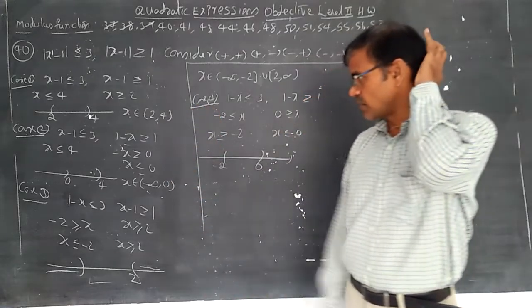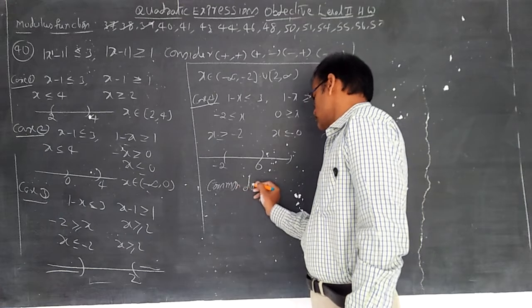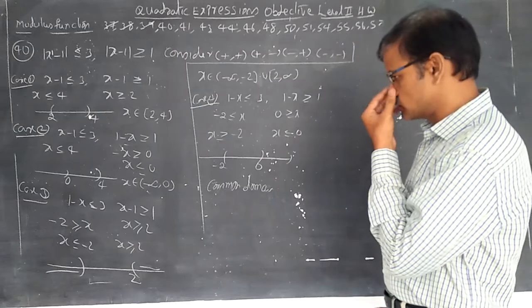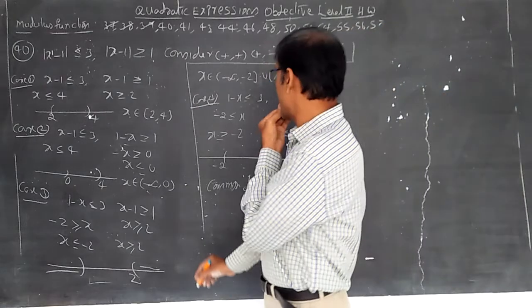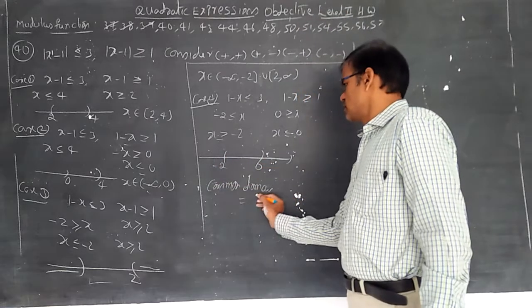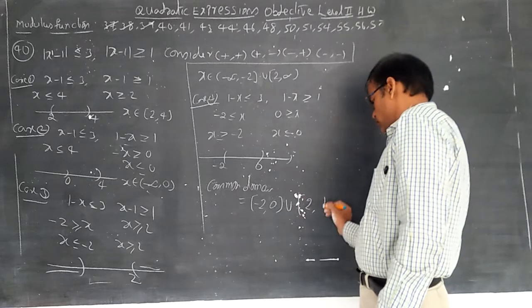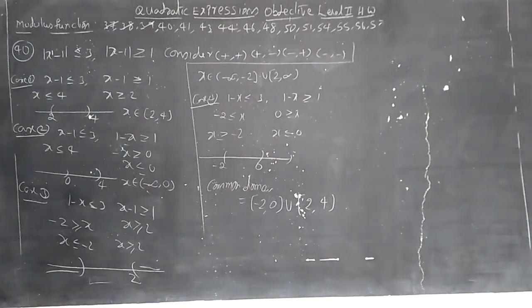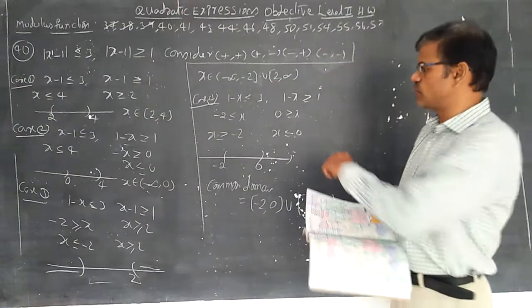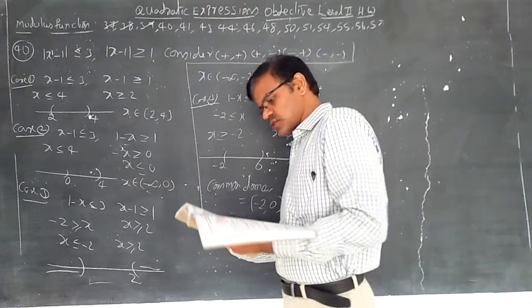Now, for all, it depends upon the common domains. Common domain for all real numbers. Minus infinity comma 0 is there, minus 2 is not possible. Minus infinity comma minus 2, here minus 2 chance is there, minus 2 comma 0 I am writing. Right, minus 2 comma 0 closed union 2 comma 4. Let us see the option. Whatever the possibility is there for all the chances, we should calculate the possibility. Now minus 2 comma 0 union 2 comma 4.